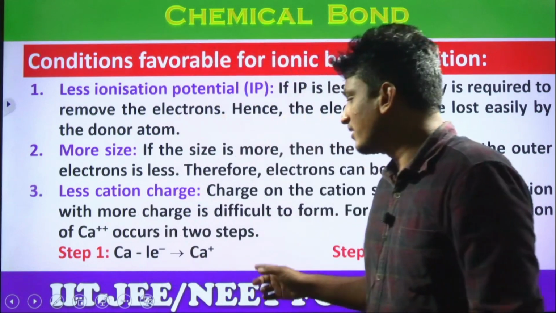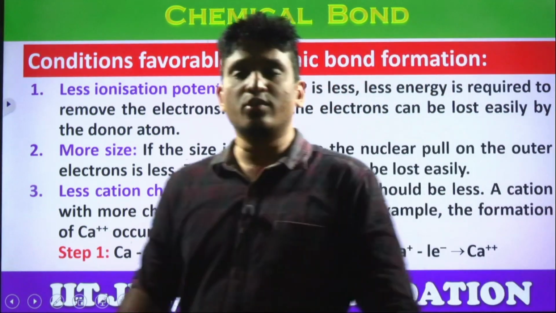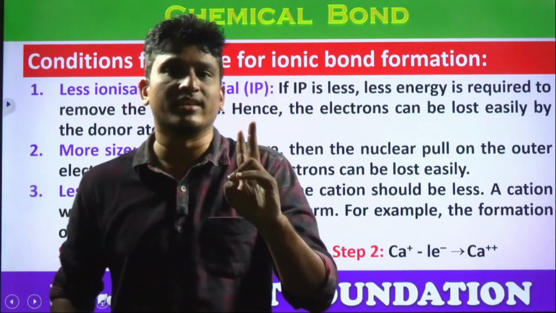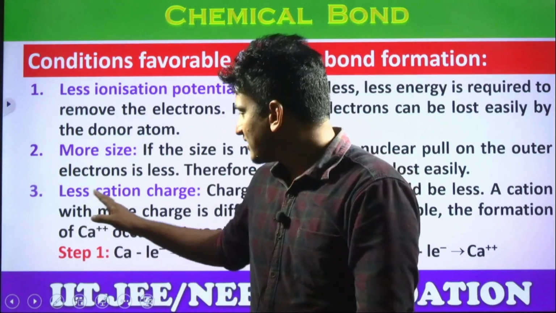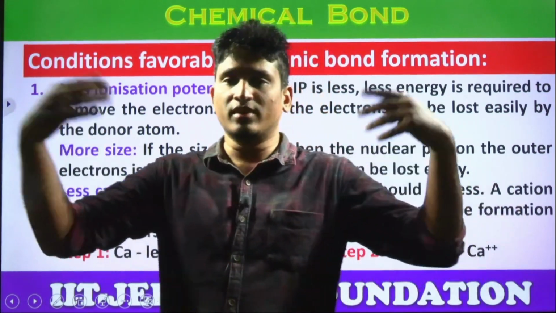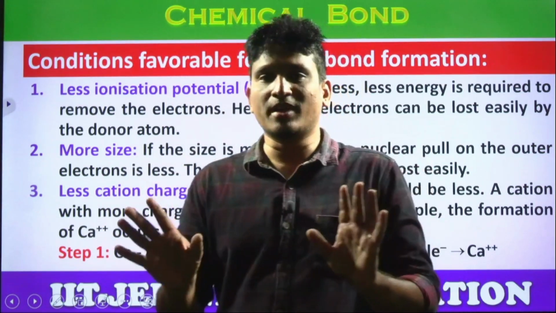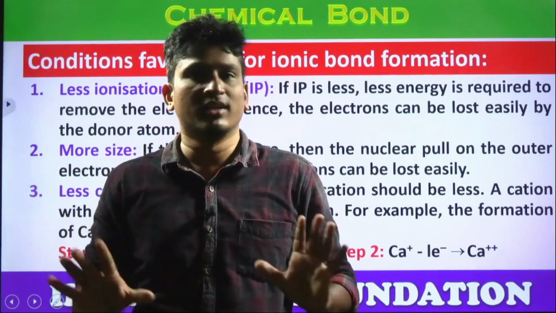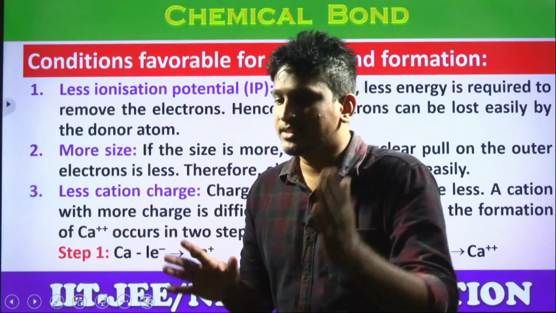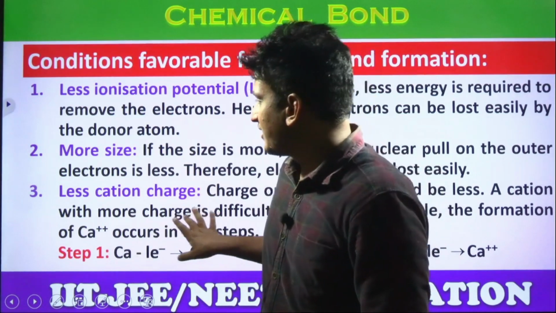Look at calcium here. Calcium, first step it loses 1 electron. Second step it loses another electron to become Ca+2. Here 2 steps are there. But for first group elements, only 1 step. Understood? So what does it mean? Less cation charge means more chance for formation of cations. That doesn't mean second group elements do not form cations. They form cations, but we are discussing the easy way of formation of cations, the conditions. So a single electron can be easily lost, right, instead of losing 2 electrons. Got the clarity? Right. These are the factors.